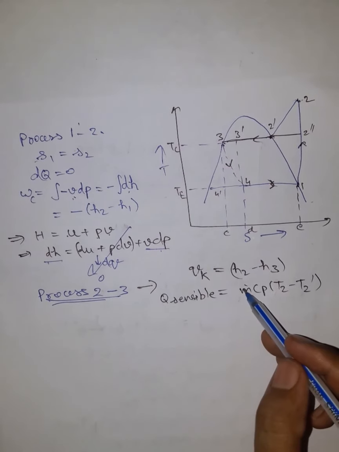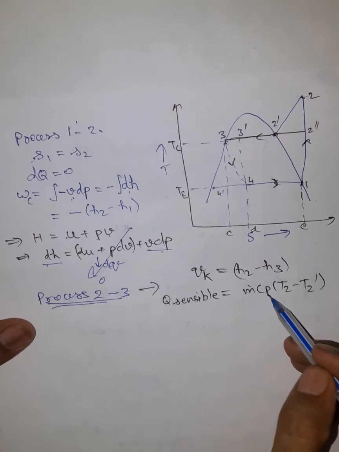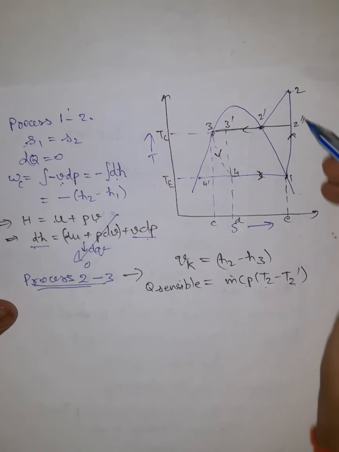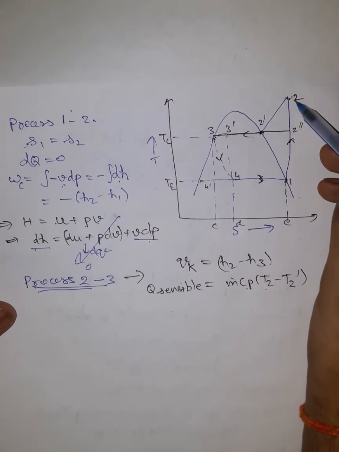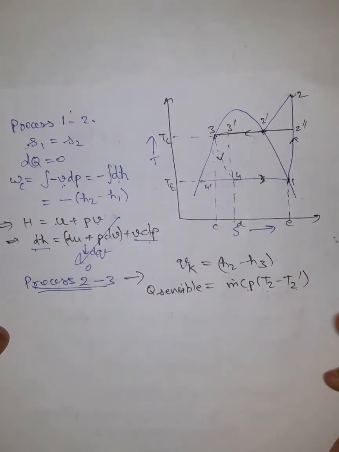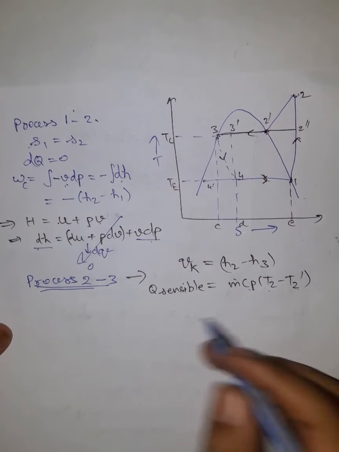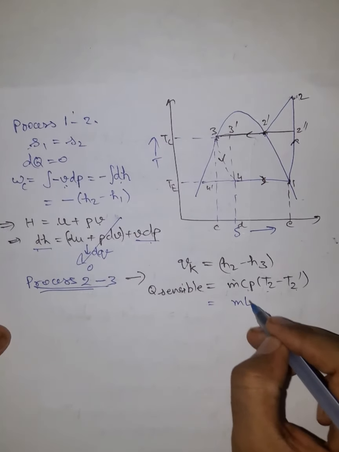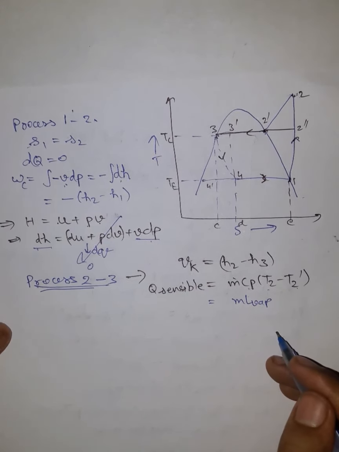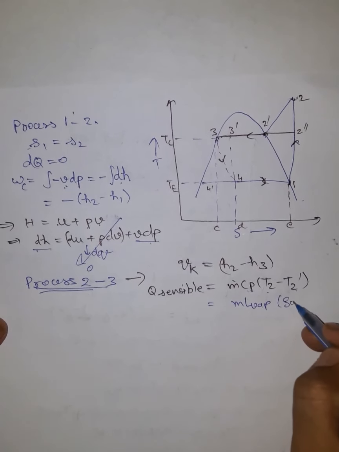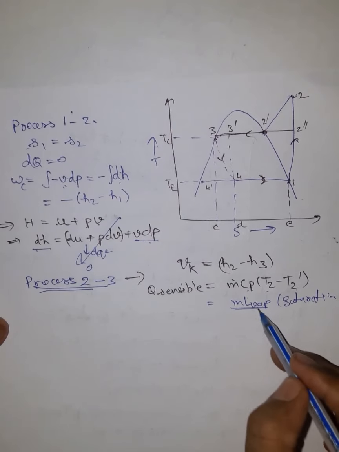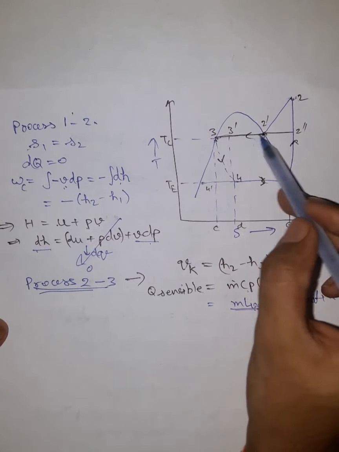Okay, here m dot is the mass flow rate, Cp is the corresponding specific heat of the refrigerant, and T2 minus T2 dash is the temperature change between the points 2 and 2 dash. Okay, and for this 3 to 2 dash, we are going to use the formula m dot into L, where L is the latent heat of vaporization, and we would also be needing the saturation properties for evaluation. Okay, this formula is used only in the case when complete condensation is taking place from 2 dash to 3.